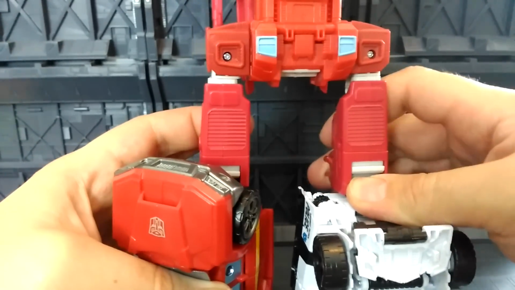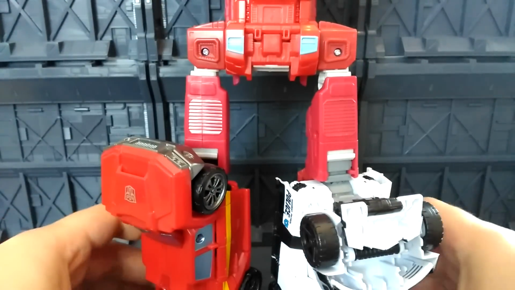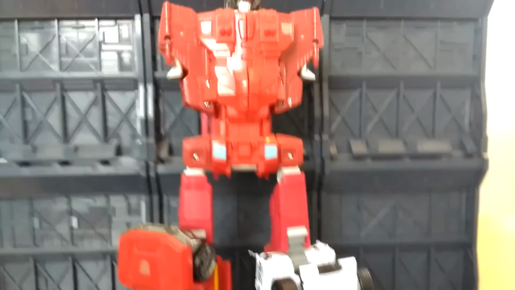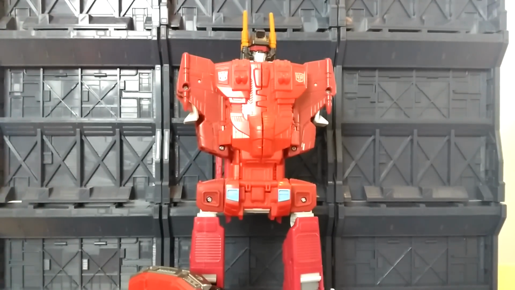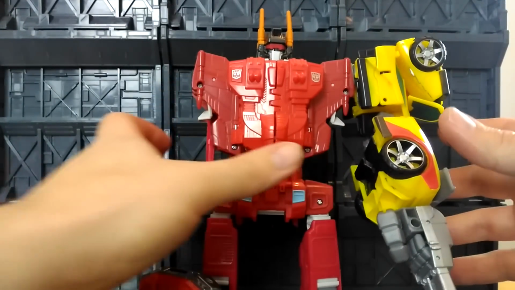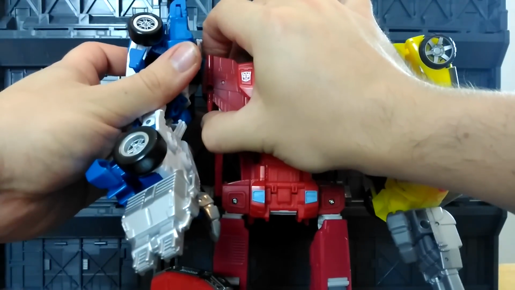Obviously you can do this however you want, and you don't have to use these particular deluxe figures. You can use any of the other Combiner Wars deluxe figures that you want. And so we've done the legs here, so then let's bring it up to the top here. So we've got him looking up, and then slide down on this side here, and let's get Mirage on the other side like that,